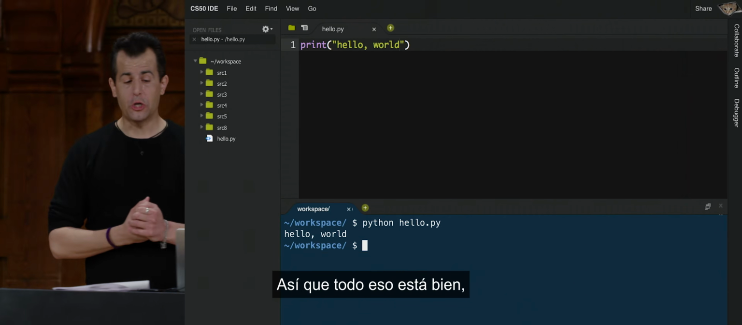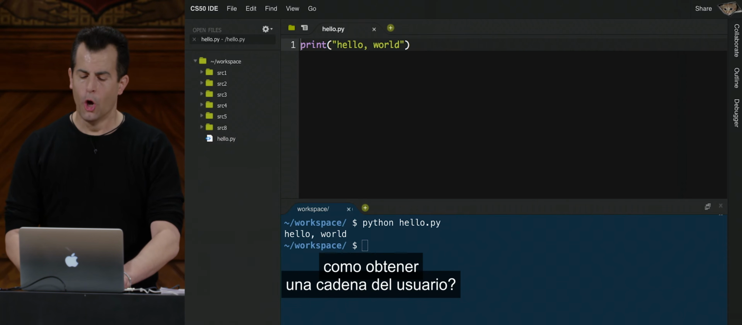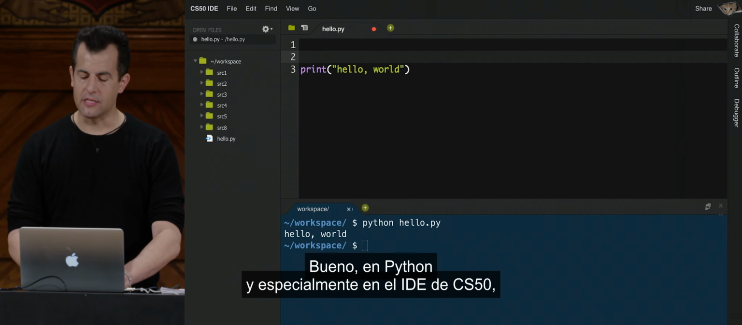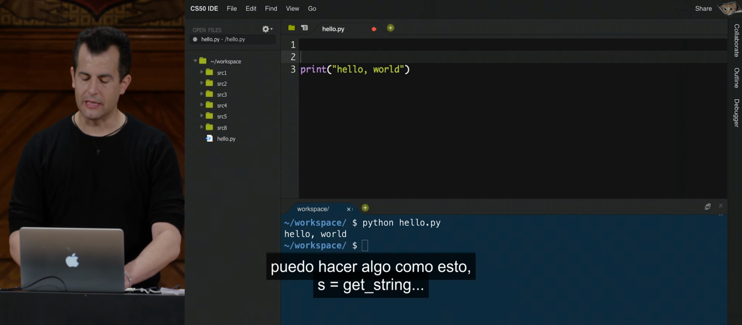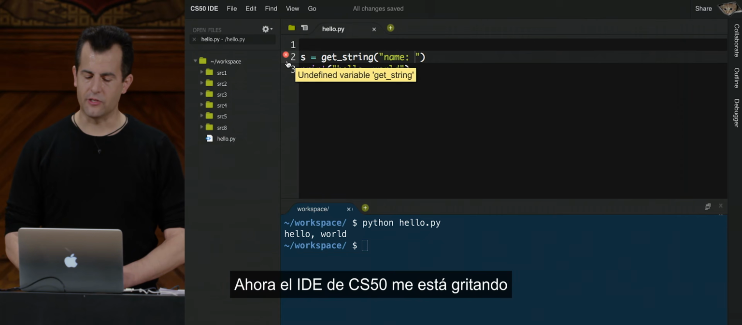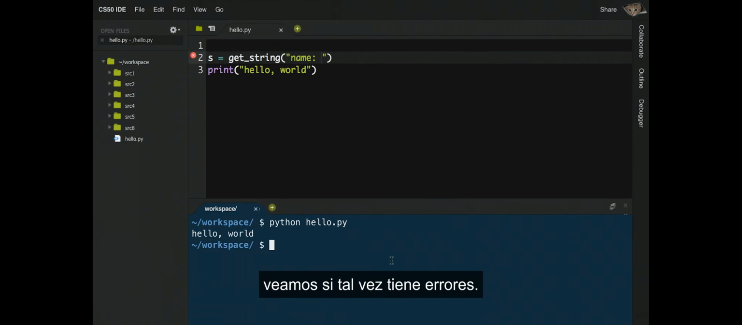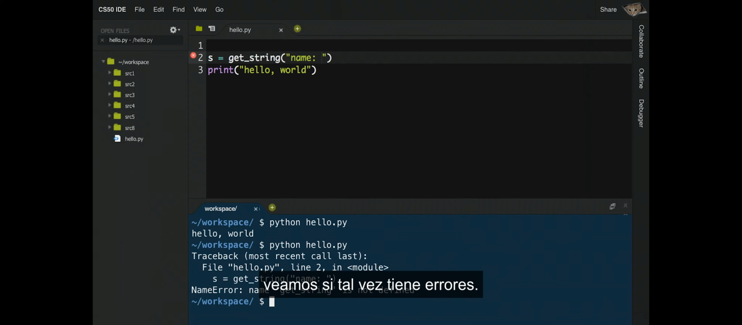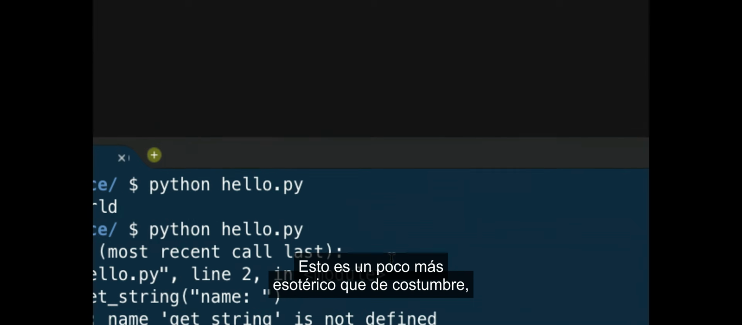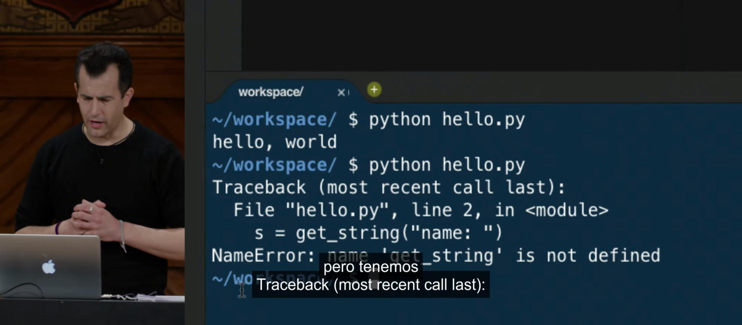So that's all fine and good, but what if I wanted to do something a little more interesting, like getting a string from the user? Well, it turns out in Python, in CS50 IDE especially, I can do something like this. s gets get underscore string, and I can ask someone, for instance, for their name, like this. Now, CS50 IDE is already yelling at me, undefined variable get string, and let's actually see if maybe it's just buggy. No, so this is a little more arcane than usual, but traceback, most recent call last, file hello.py line